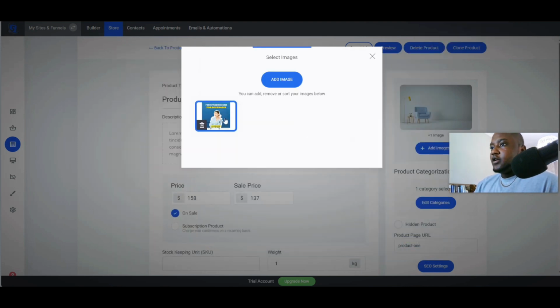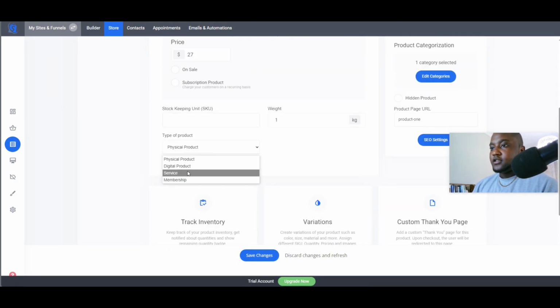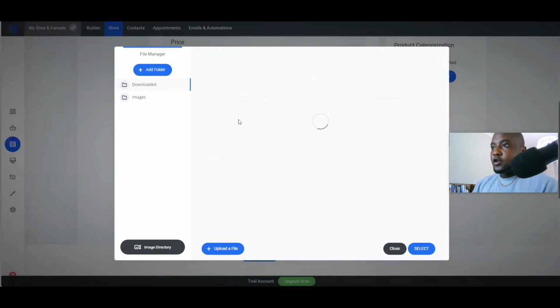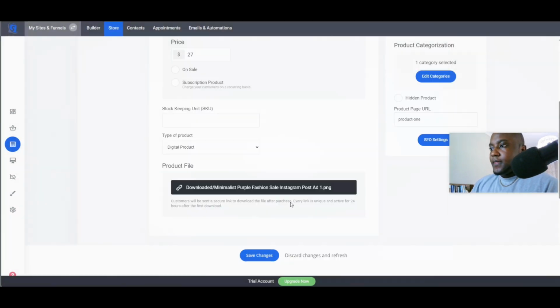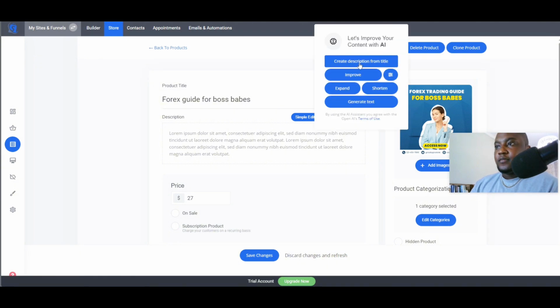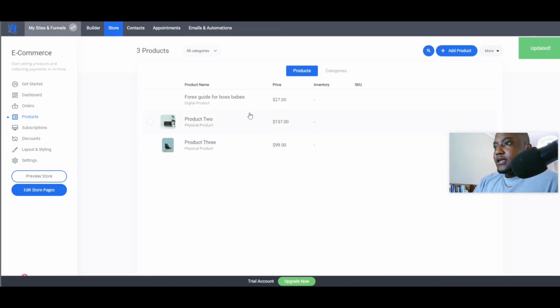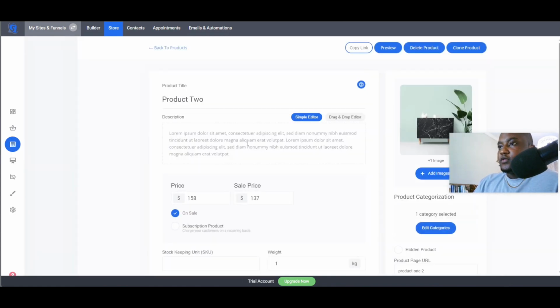All right, so I'm gonna select this one called Forex Guide for Boss Babes, and I'm gonna price this for $27. This is gonna be a digital product. I have to upload a product. In the meantime, I'm just gonna use this as a product, and I'm just gonna create a description from the title, and then I'm gonna save and go back, and then I'm gonna do the same thing for this one right here,